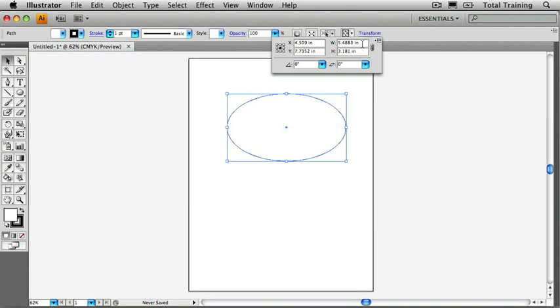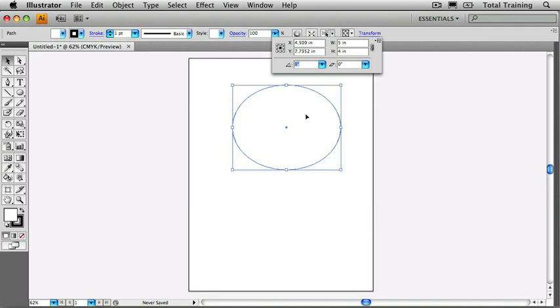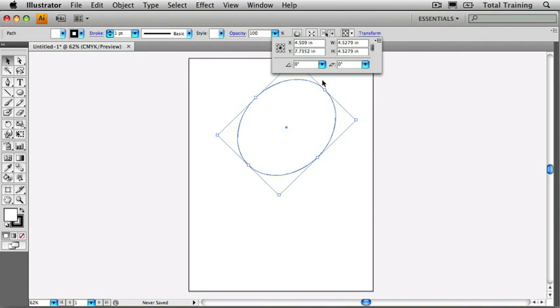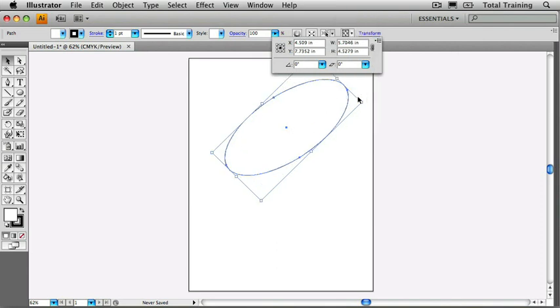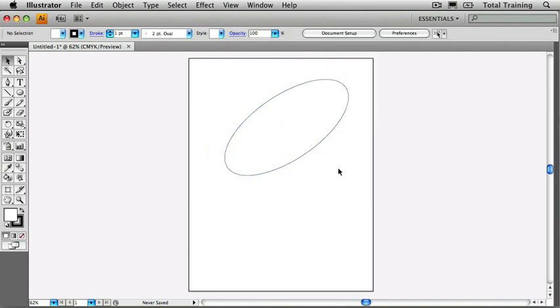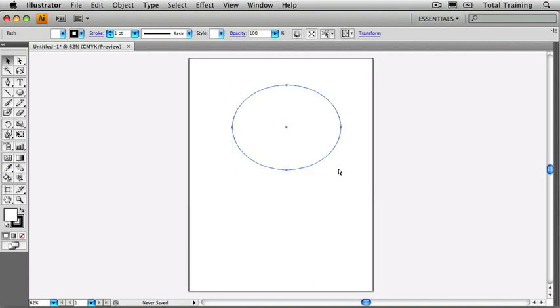Now, what can I do with this guy? Well, I could type in precise widths and heights after I've drawn my shape. So maybe I'll go with 5 and 4. And I can see my change down on my artboard. I could also adjust the angle or the rotation if I wanted to. Maybe something like this, and also the skew of my object if I wanted to, something like that. Okay, I'm just going to click down on the artboard to get out of that transform dialog box, and I'm just going to do a couple of undos here. Command Z on the Mac here, or Control Z on the Windows side,